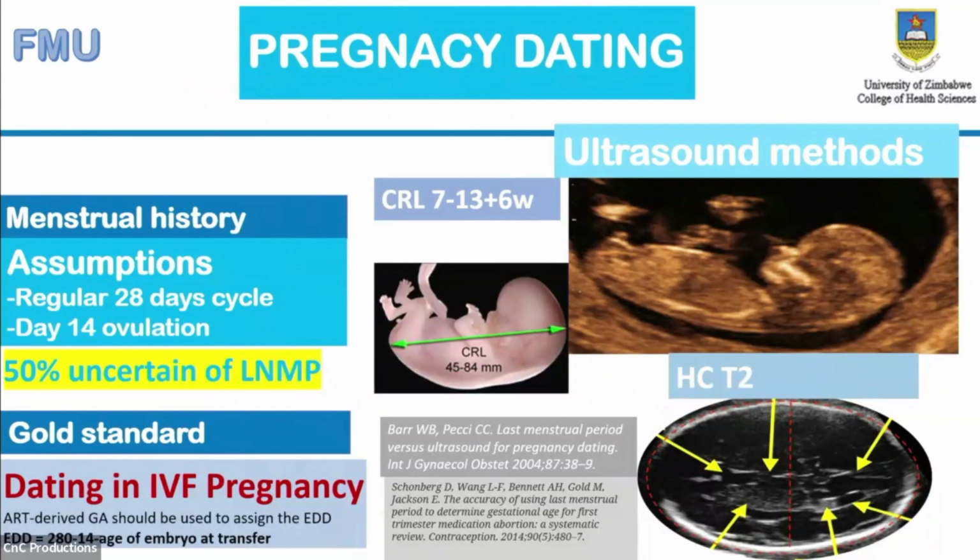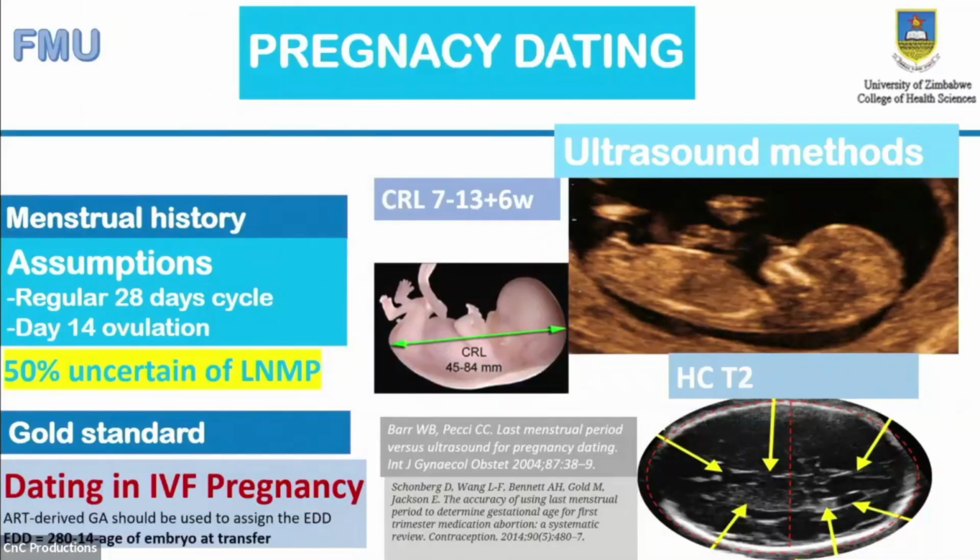Then from the second trimester onwards, we use the head circumference. That's the standardized method of dating a pregnancy. So you use the head circumference. You don't use the biparietal diameter. You don't use the average ultrasound age, which is given by the machine, but you use the head circumference in the second trimester. It's not recommended to date a pregnancy in the third trimester, because in the third trimester, some factors would have cropped in,